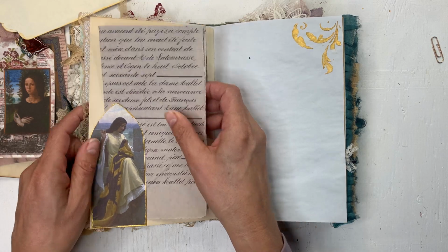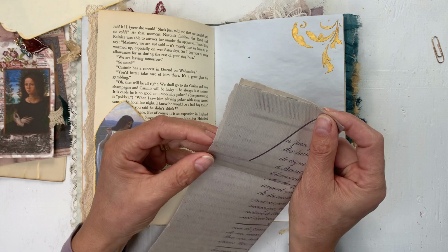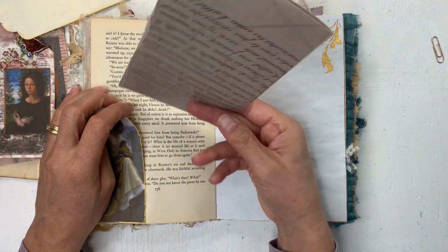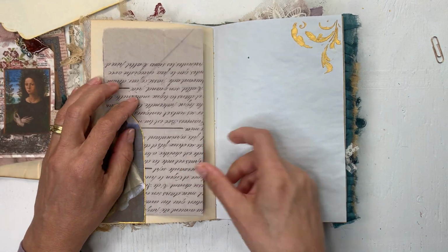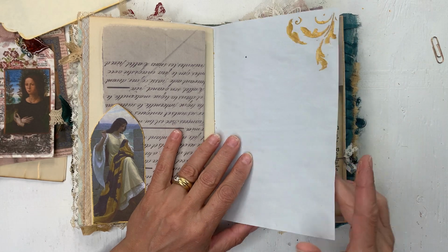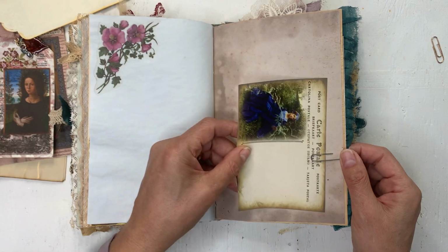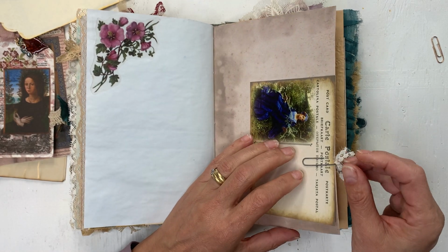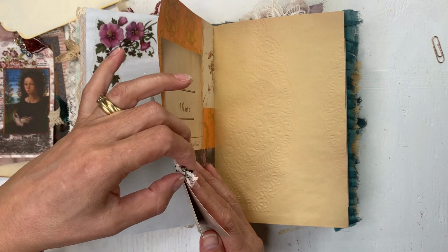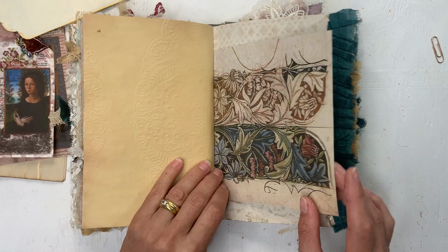And then in here is just a vintage printable, a vintage digital document, and some gold texture paste on there, and a washi sticker again. So as you can see, way less. These have more just printables in it, and another dangle with a bead on there, some dry embossing,